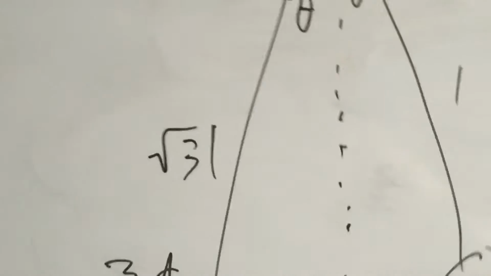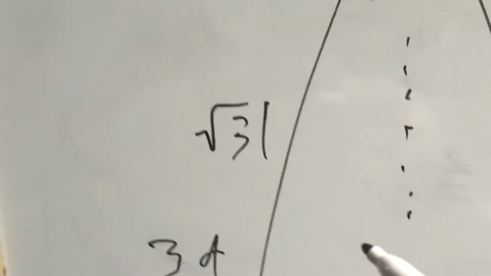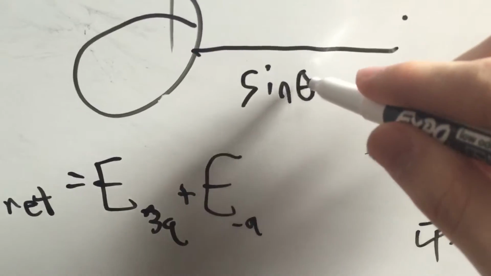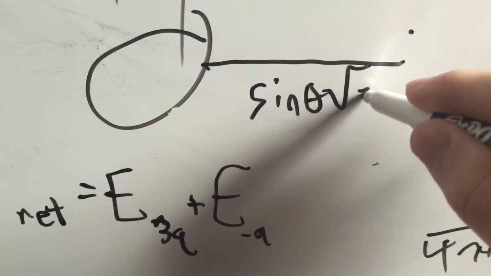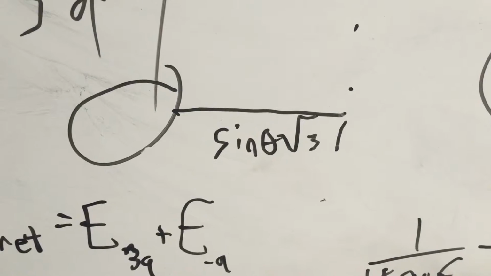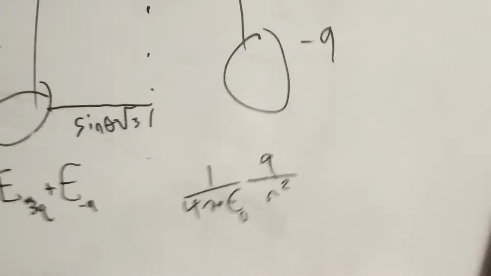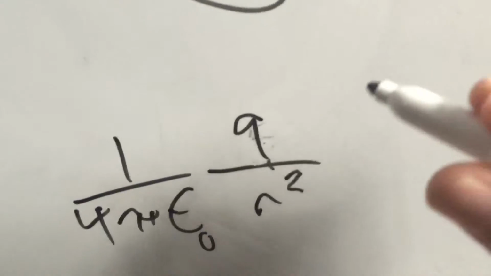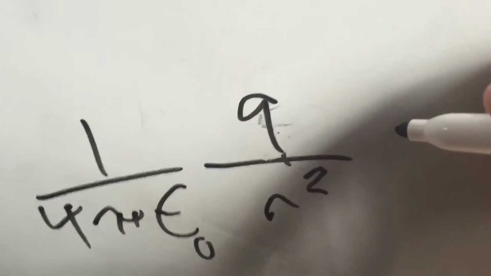So this is root 3 L, it's going to be sine theta root 3 L. Awesome. From then on, that means the total magnitude of the